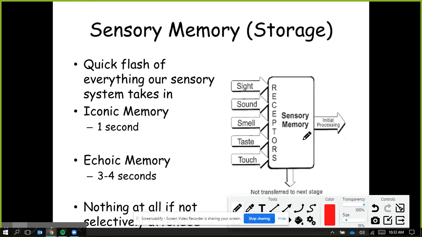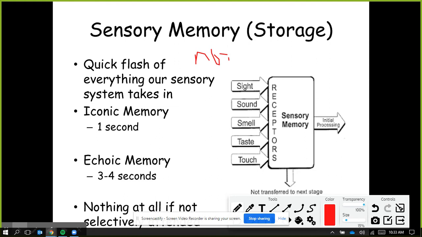It's essentially a split-second holding cell for all sights, all sounds, all smells, all tastes, all touch, all temperature, all pain, all that stuff. All of these sensations come into our processor, our brain,